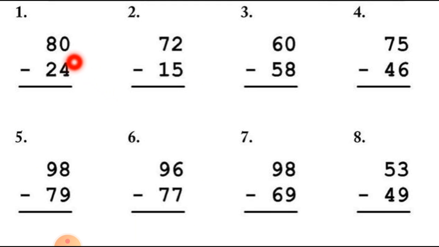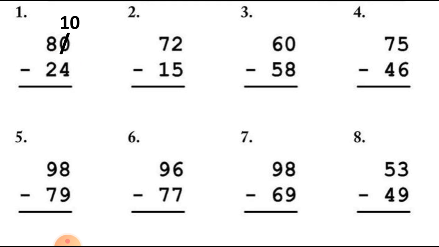So here is 80 minus 24. So students, in 80 minus 24, the ones column is 0 and 4. So we can't take away 4 numbers from the 0. You all know 0 means nothing. So we can't take away 4 numbers from the 0, because 0 is a small number and 4 is a big number. So we have to take 10 numbers from this 8. So 10 plus 0 is equal to 10. So we have to cut 0 and write down the 10 number there.